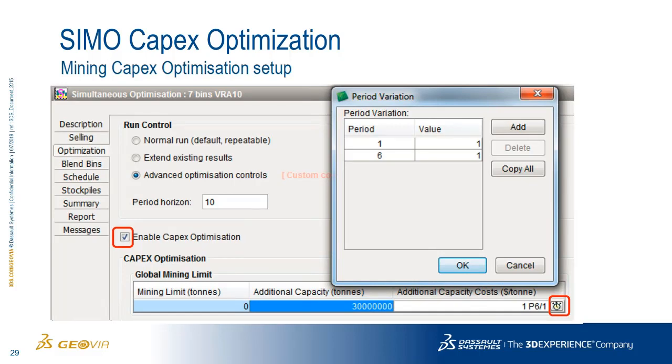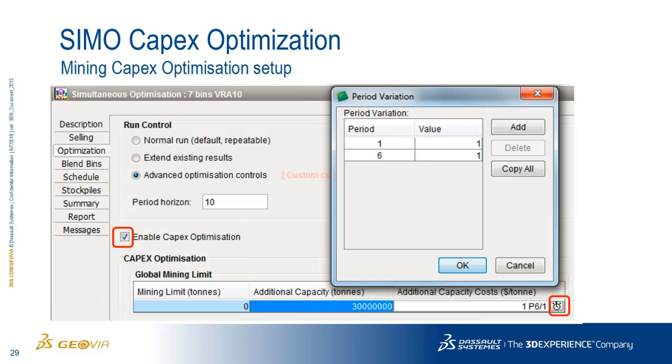Obviously in some cases, let's say a plant, it's maybe not a perfectly linear relationship, that there may be step changes. With a linear relationship, it may tell me the optimal mill size is 22.6 million tons. Obviously, when I'm sizing a plant or a fleet, there's probably steps where I can only do a 20 or 25, but it gives me a good breakdown for where that optimal level is,